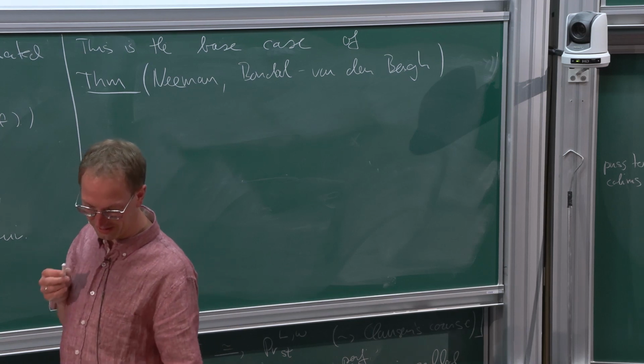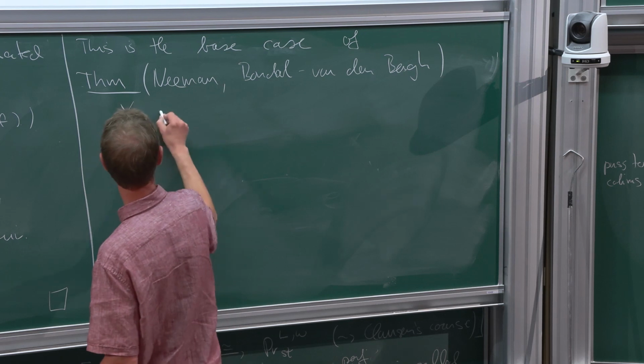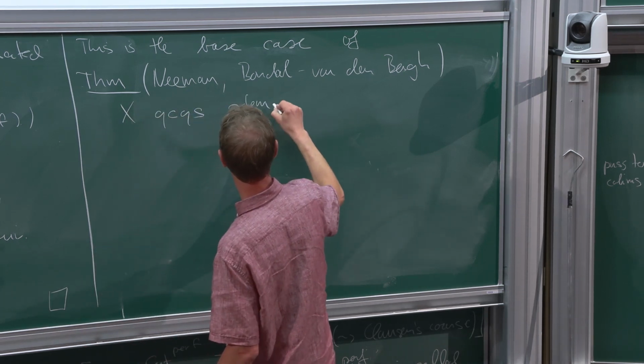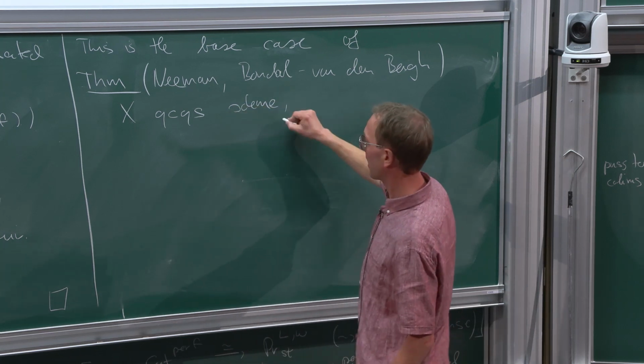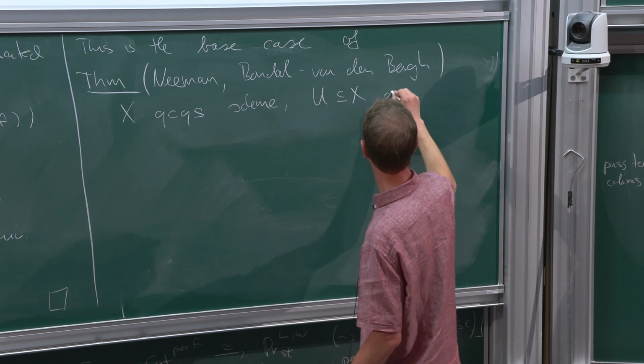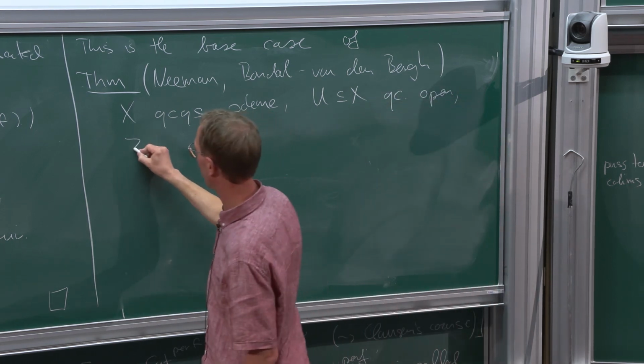But let me just state the theorem for classical schemes. So if X is any QCQS scheme, quasi-compact, quasi-separated, and U in X is a quasi-compact open subset, and let's say Z is the complement,